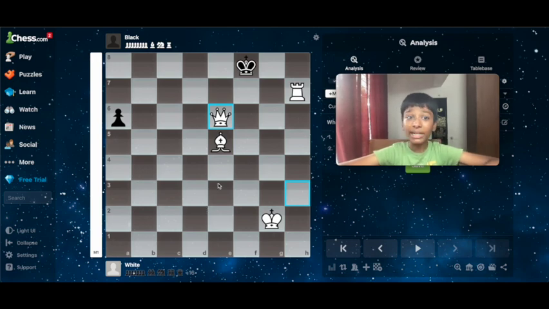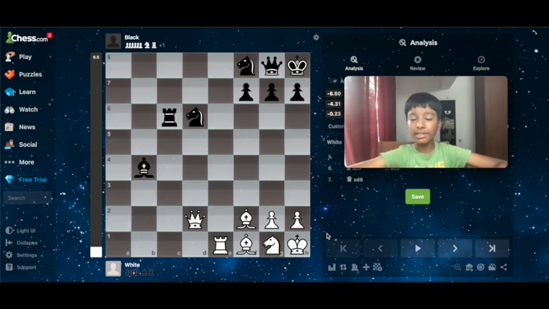Alright, so the elimination of defense tactic is pretty straightforward and simple. They come in many different forms and ways and can appear at any time. So you have to be on the lookout for them. And to train you about this, let's see 3 puzzles. Guys, here's the first puzzle.